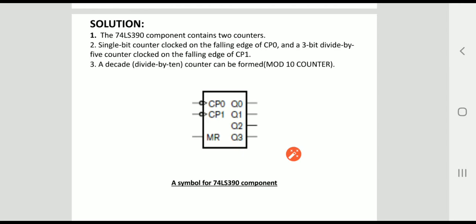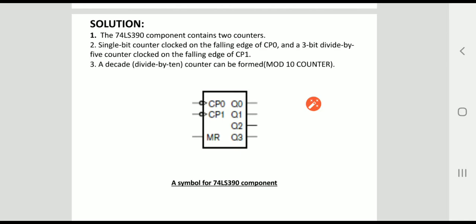So you can say that it is a combination of a 1-bit and a mod 5 counter. As I have written here, it contains a single-bit counter clocked on the falling edge of clock pulse 0, meaning Q0 is controlled by clock pulse 0 as a single-bit counter.